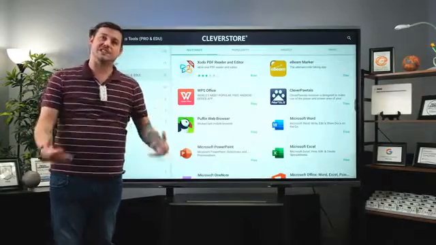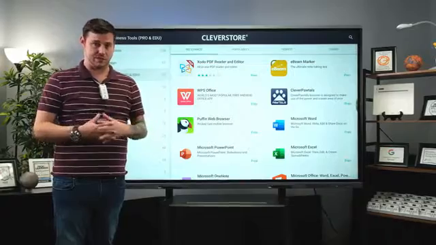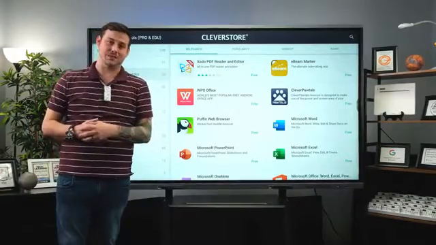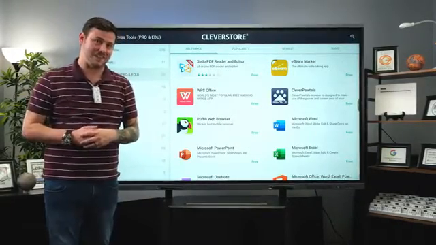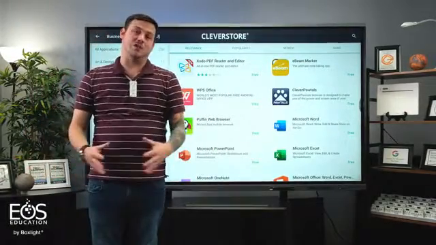So if you don't have a specific application that you're looking for, you're just looking for an application that perhaps does a certain function, you can browse instead of searching directly with the magnifying glass. Either way, you're going to be able to access a number of great resources to